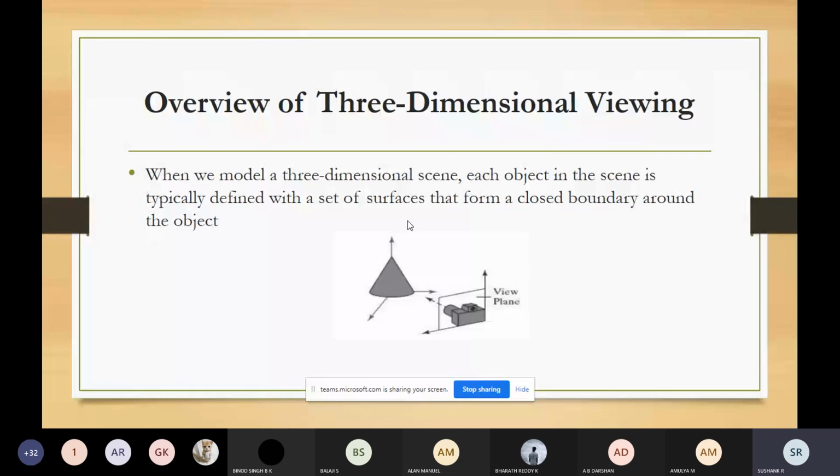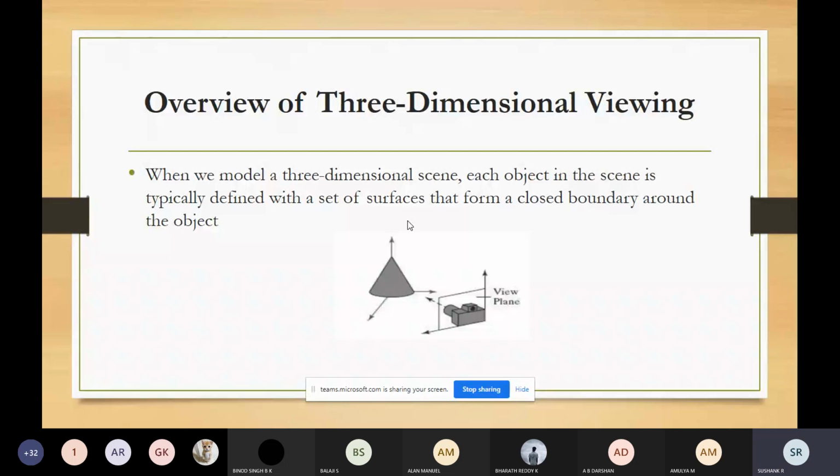So how do we do that in 3D viewing? You can use the clipping routines which we had used in the two-dimension viewing pipeline.